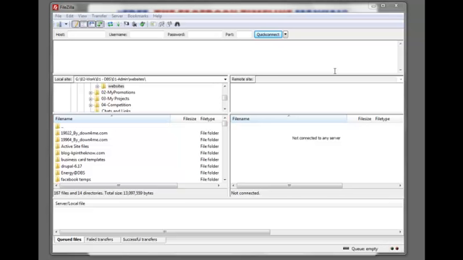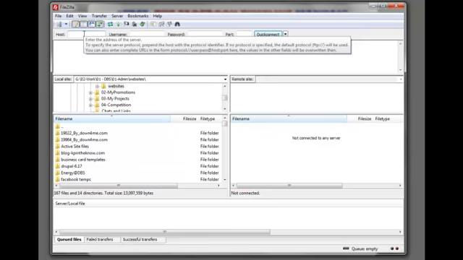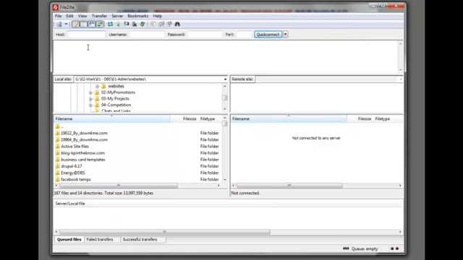So I'm assuming you've already downloaded FileZilla from the link in the resources file, and you have installed it. Just click on the FileZilla icon, which looks like this, and when you first open it, it will be empty like you see on my screen. All you have to do is give here the URL of your domain name, the main domain name, so also known as the root domain. So if I give one of mine,